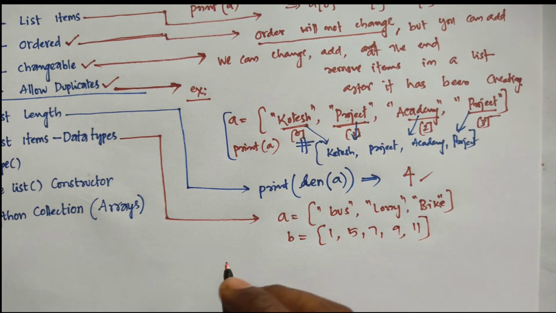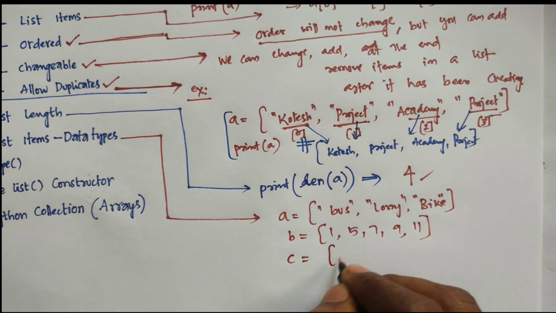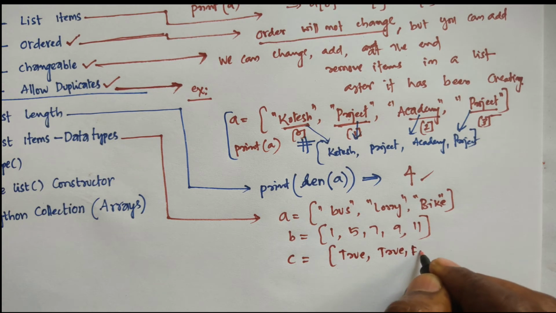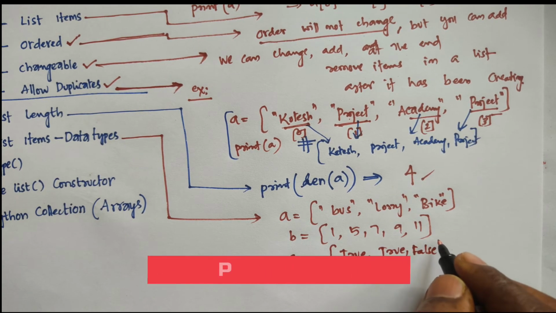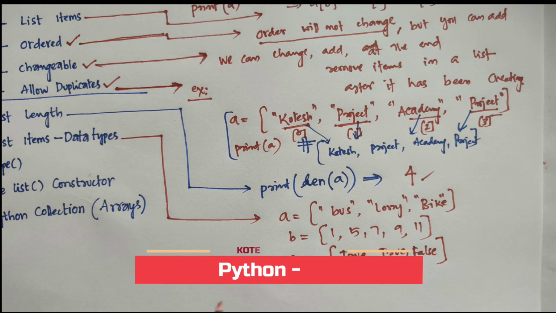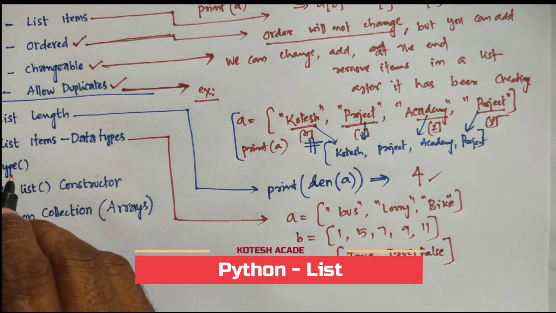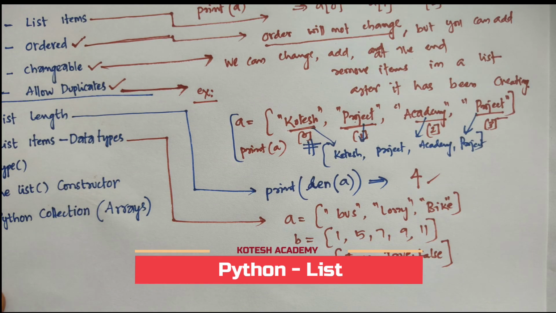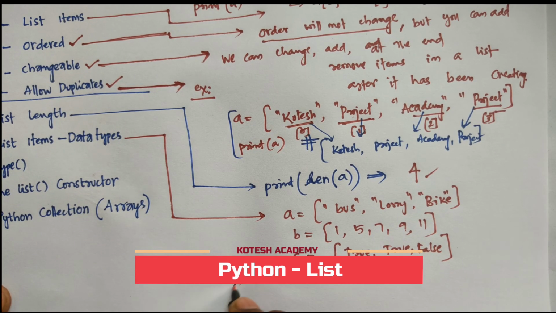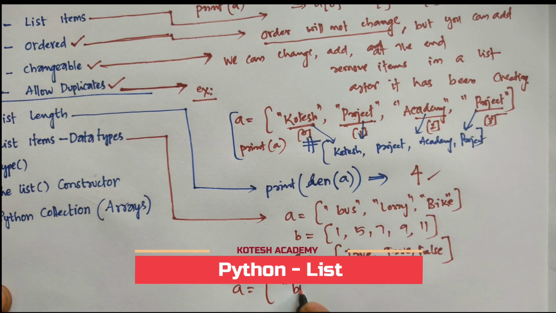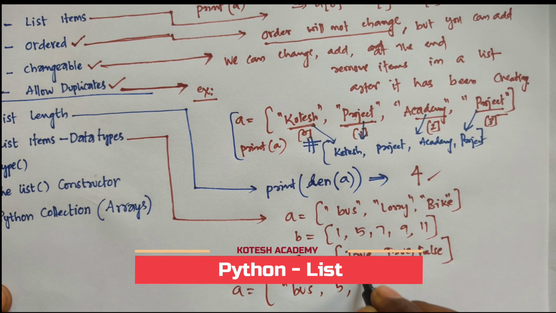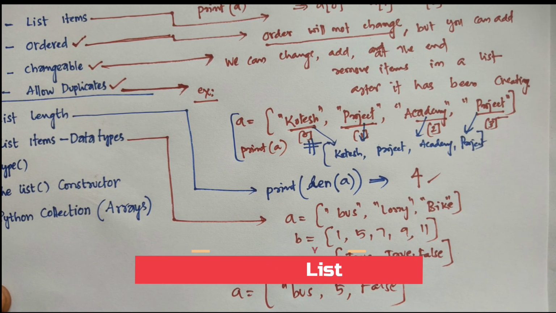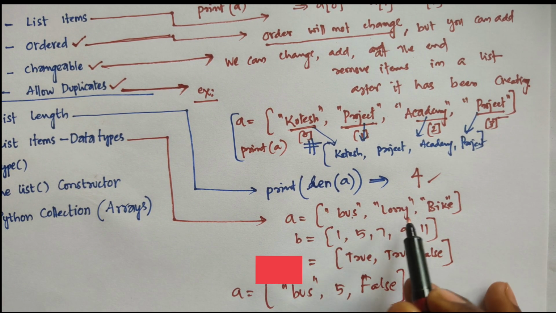And you can take c values, boolean values: true, true, false. So this is the meaning of list item data types. A list can also contain a combination of all, for example a is bus, 5, then false. Not only a particular type such as integer, you may have